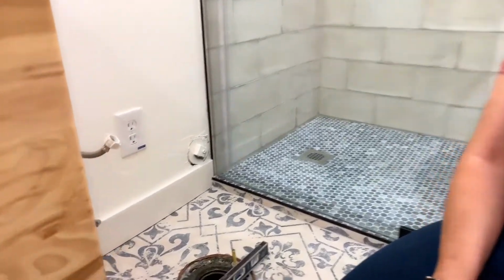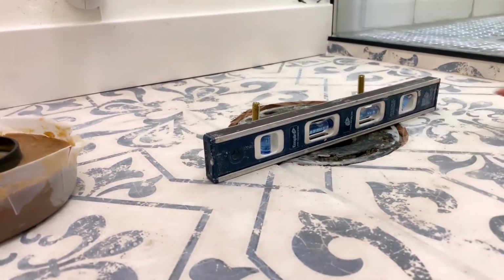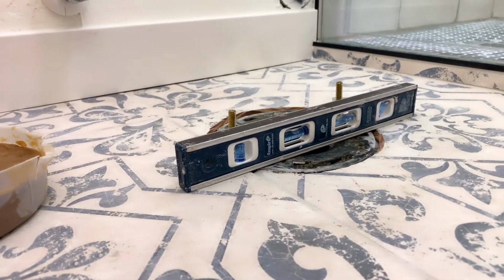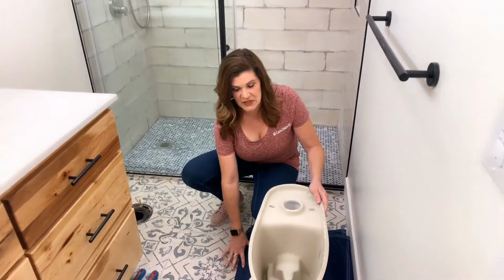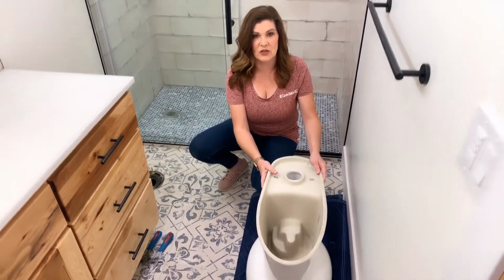Next, installing a toilet, you'll make sure that your closet flange is a little above the tile or right at the tile. This one, as you can see with the level, sits right at the tile. Great, now we've got the toilet bowl on the floor. I've got it protected with a blanket so that you don't scratch the tile or damage the